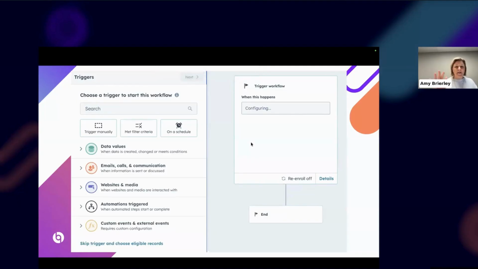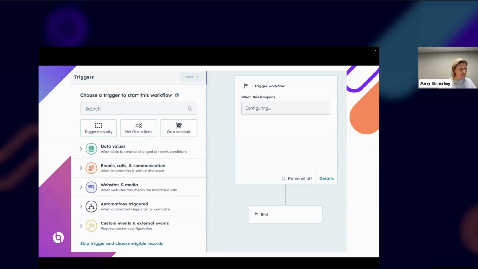To be honest, I found this one of the hardest things to get used to in terms of the workflow updates that HubSpot have done, but now I'm over the awkwardness and trying to find everything, because I think it's really valuable, particularly if maybe somebody's not as familiar with your HubSpot architecture. They don't know necessarily what object to select, etc. So your first step is not an object type, but choosing the trigger